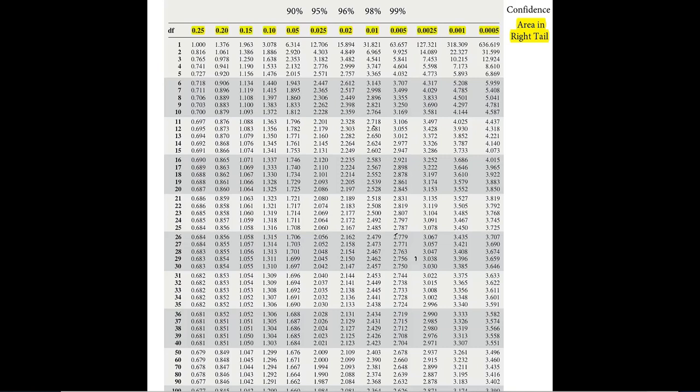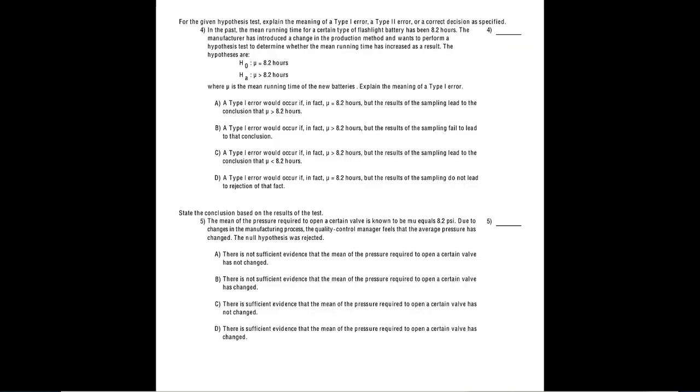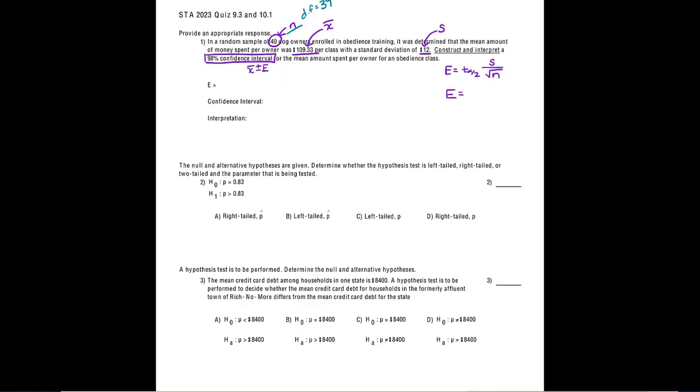So I'm going to get 2.426 times s, which is 12, divided by the square root of 40. So E is approximately,